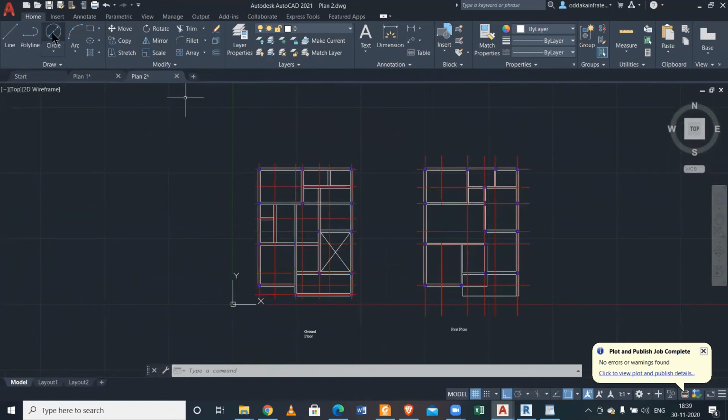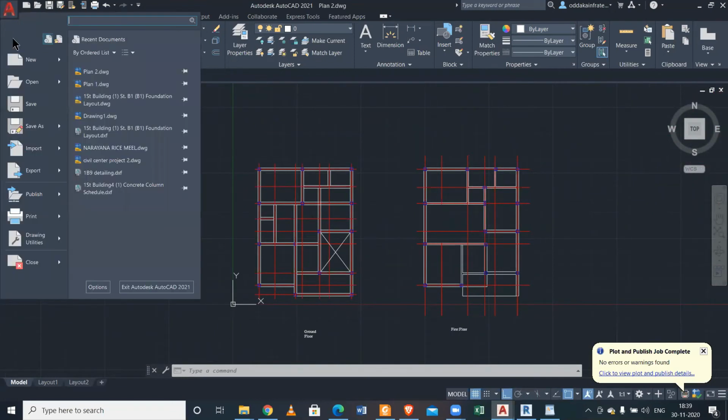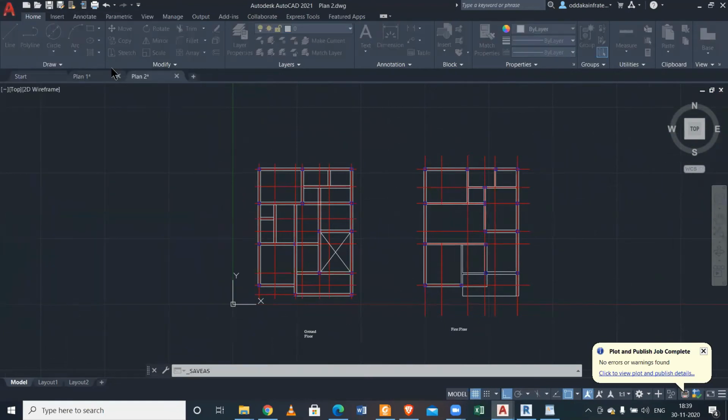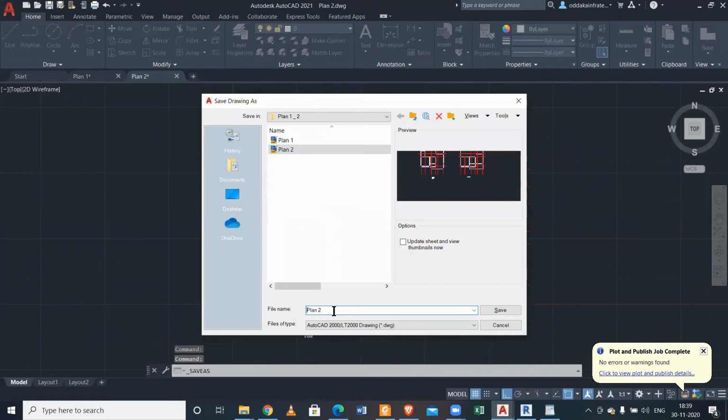Let me just save this plan as DWG first. I'll name it, let's say, first plan. What was the name?